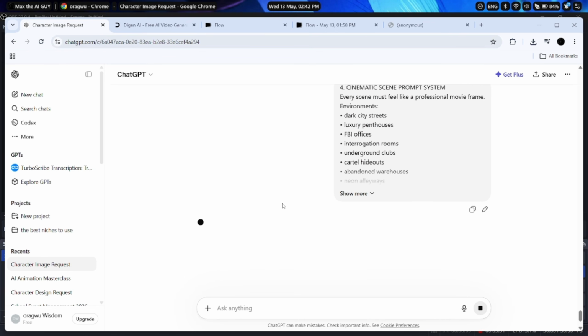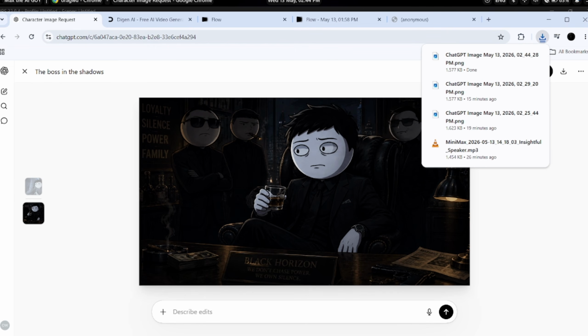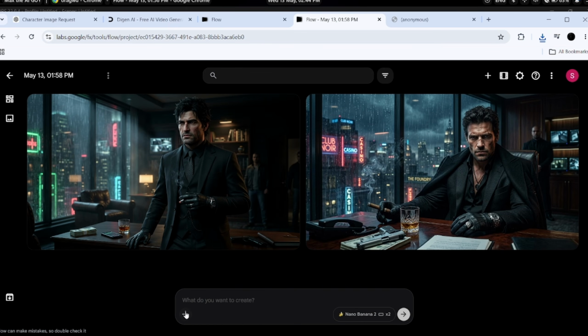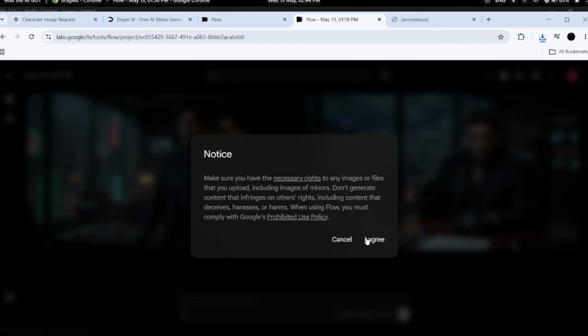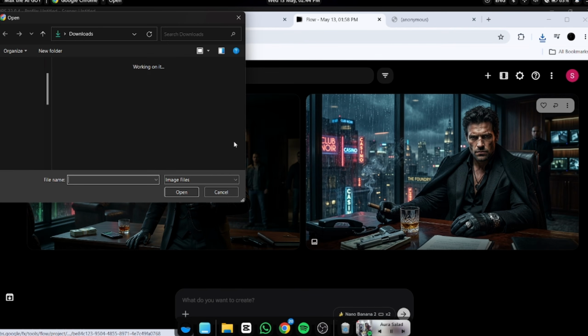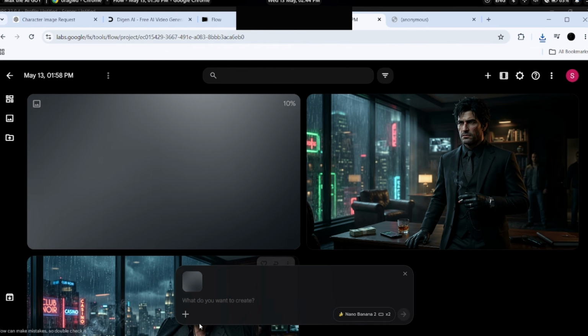For example, this is the character I'm going to be using for my story. We'll go ahead and upload our character image. Then we'll go back to Google Flow and upload the same character there too. The reason we do that is because it helps the AI maintain character consistency throughout the story. So every time we create a different scene, we'll keep uploading the same character reference to make sure the movie